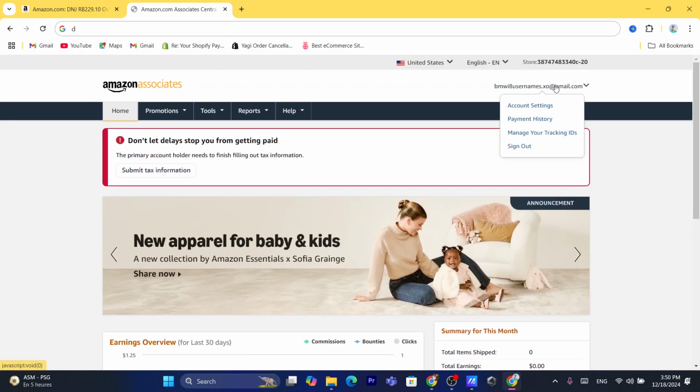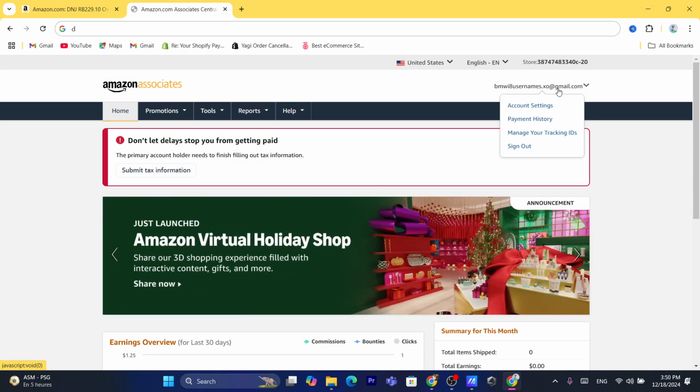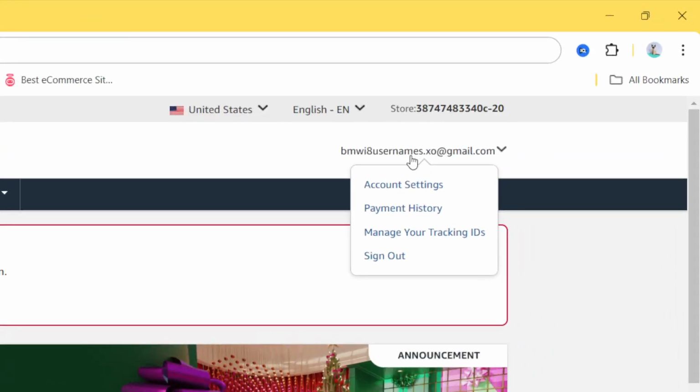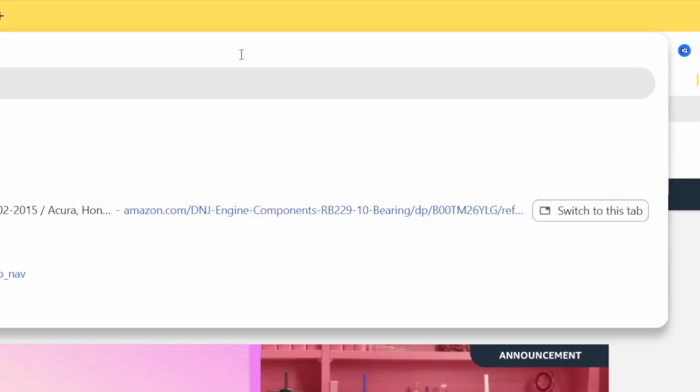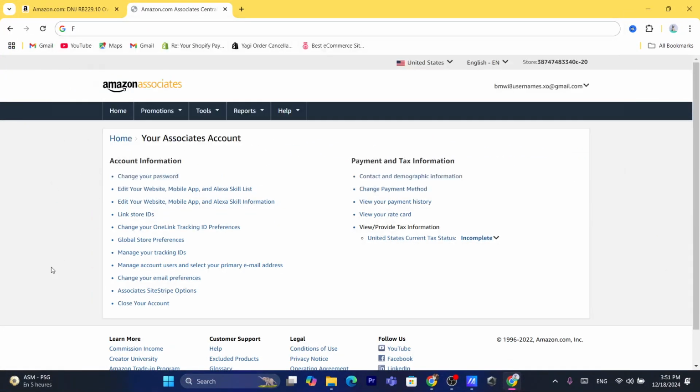You want to click here on your email address, your Gmail in the top right here. Okay. Now after that you want to click on account settings. Now after you click on account settings, it's going to take you to this page, and you want to click here below payment and tax information. You want to click on change payment method,